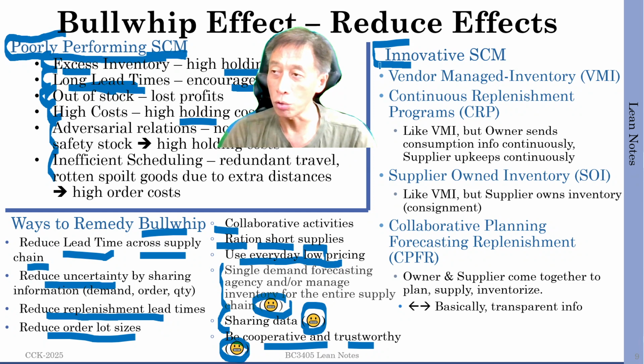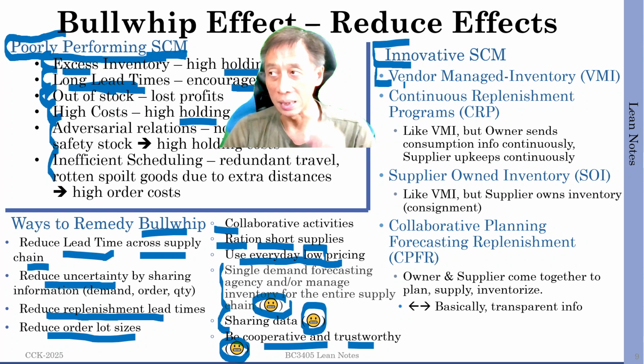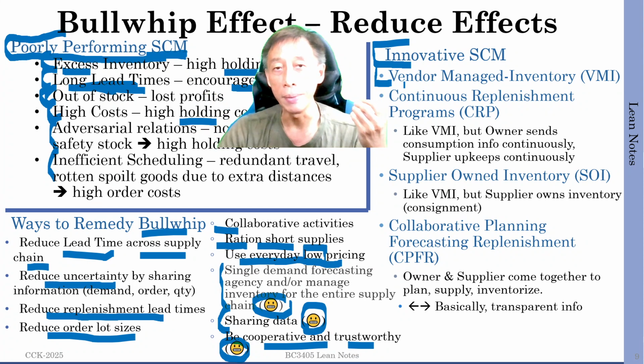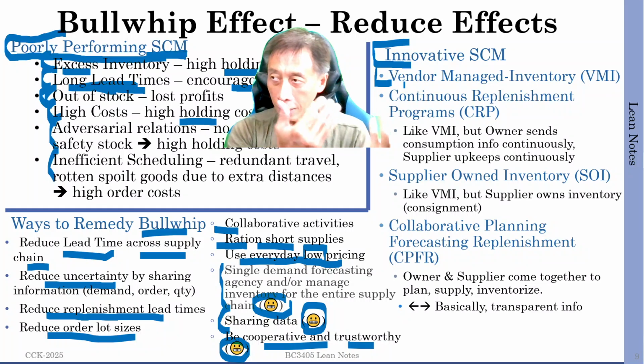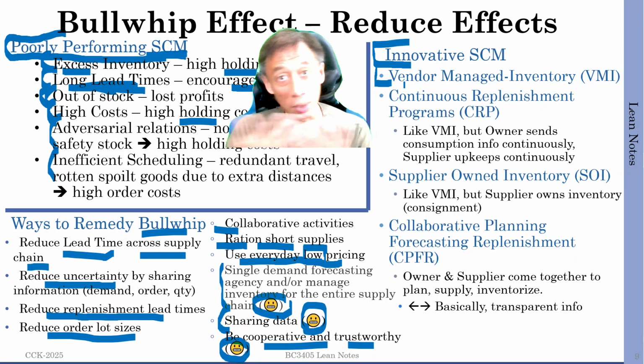What you need to pay attention to the most is the first one, the VMI, the vendor managed inventory. So this says the seller, in this case, imagine the manufacturer like P&G, Procter and Gamble, selling their Pampers, their diapers at NTUC retail store. Okay, so NTUC supermarket. Now, normally NTUC, the retailer, will buy from, let's say there's no middleman, so NTUC will buy from P&G, right? And P&G will just sell the goods to NTUC.